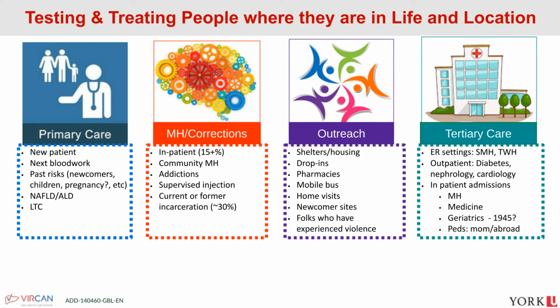Thinking about people that do have risk factors, and thinking about people that have other types of liver disease like alcohol or fatty liver. In terms of a mental health or corrections scenario, certainly using core antigen testing in a region or a location that would have a high prevalence, like corrections, could certainly make sense. Some inpatient mental health studies have shown that prevalence can be as high as 15%, and that it would hold true in community mental health settings, and of course, much higher in addiction settings.